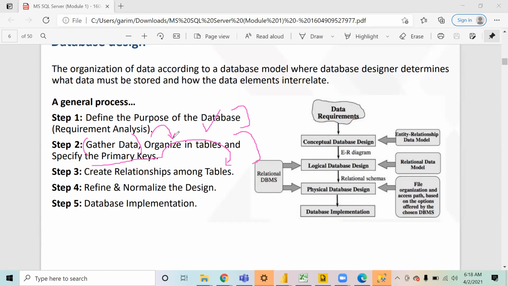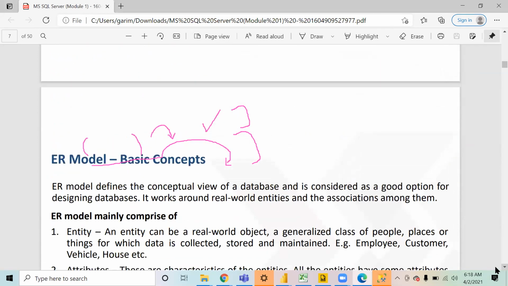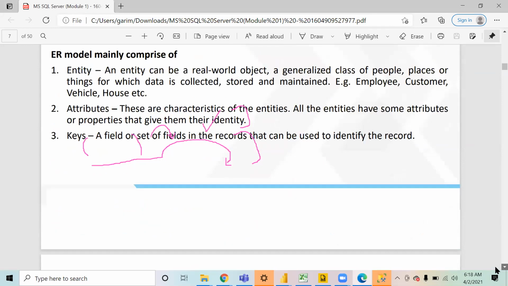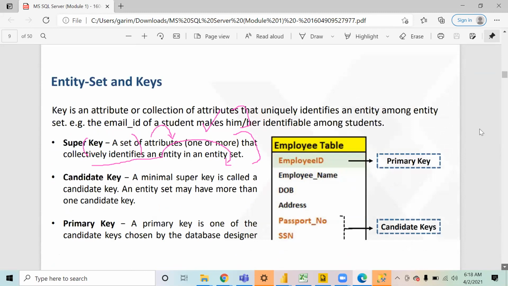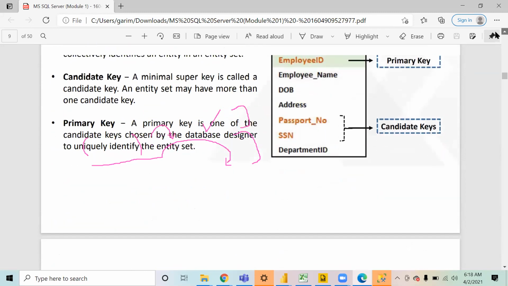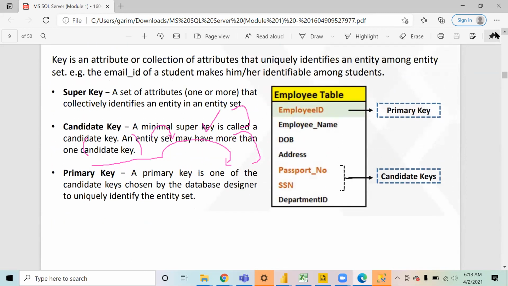Now, what is a primary key, right? This is something that I also asked: what exactly do we mean by a primary key? We will come to the fourth and fifth steps in a little bit of time. But now we will try to understand what the different keys are that we have. Now, basically when we create any table, like yesterday, let me just open that up.